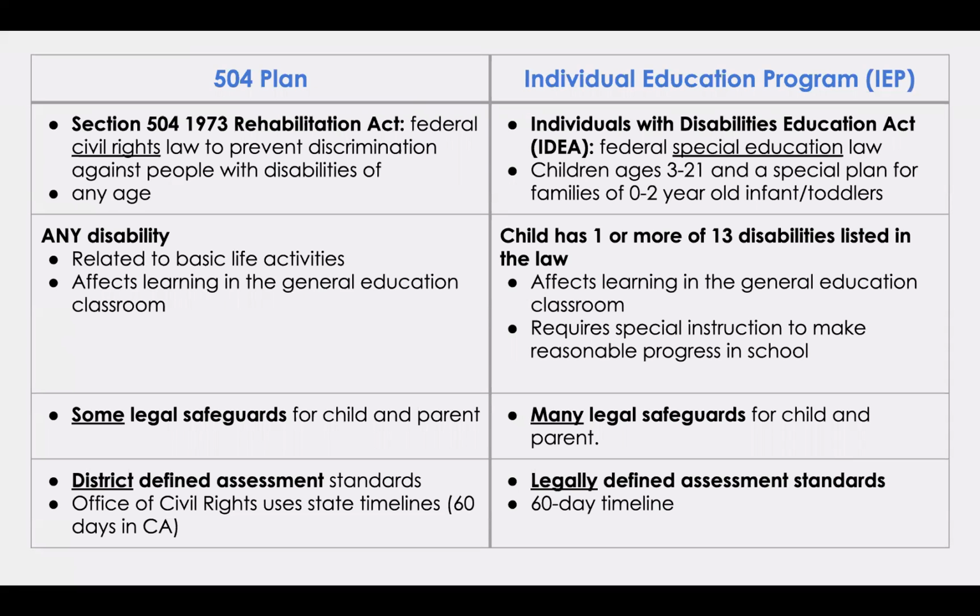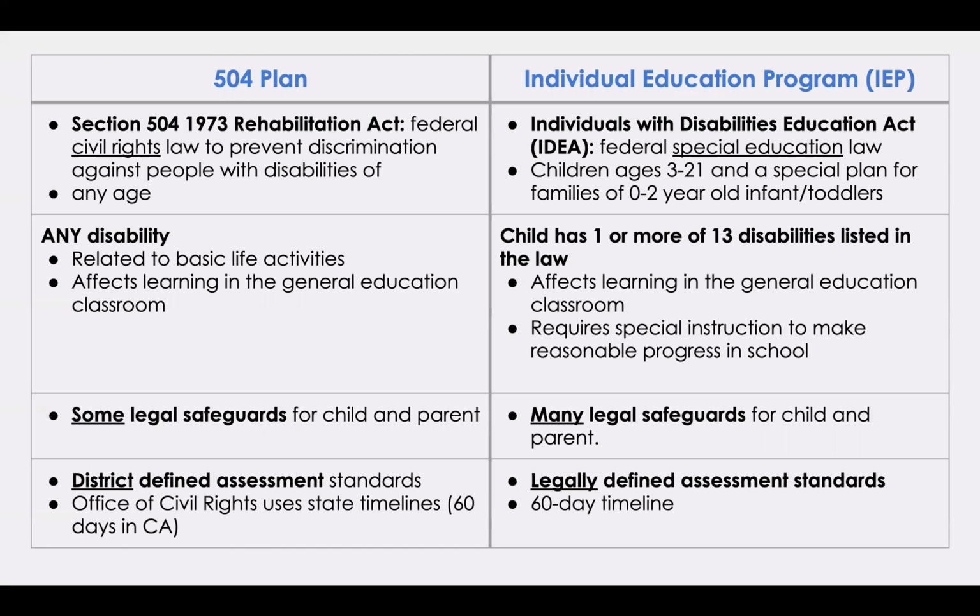The 504 plan refers to Section 504 of the 1973 Rehabilitation Act. It's a federal civil rights law to prevent discrimination against people with disabilities of any age. The individual education program, or the IEP, is under the Individuals with Disabilities Education Act, or IDEA. It's also a federal special education law. It serves children ages 3 to 21, and there's also a special plan for infants and toddlers from birth to